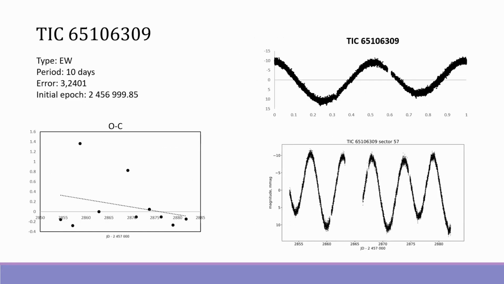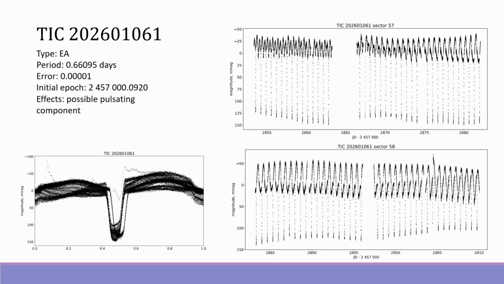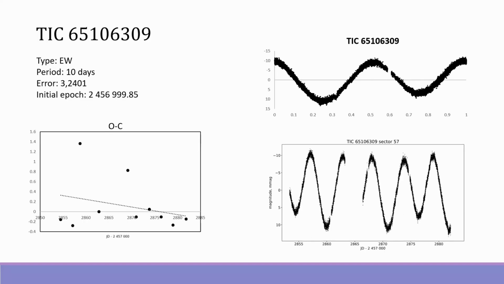If we look at the periodogram, and also if we analyze the O-C curve of this star, it's quite strange, and the shape is really unusual. But in our opinion, that is because we need to do some more analysis on this star, because we couldn't determine a really precise value of the period for this star, and we need to do some more work on the stellar system in the future in order to build a better O-C curve for this stellar system.